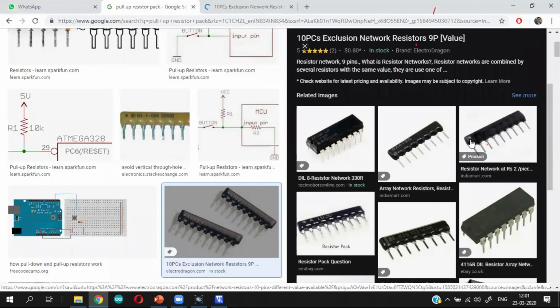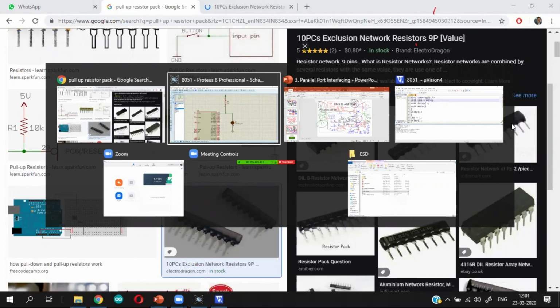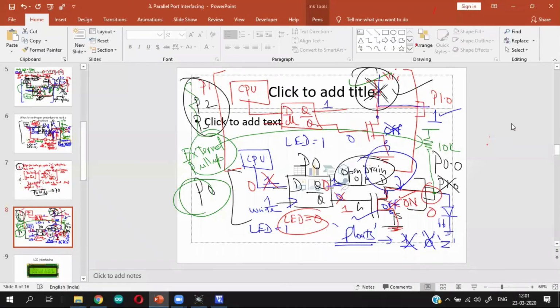And the one which is the dotted terminal is the power line. So you connect this one to power, and the rest of the 8 lines you directly connect to the port pins. You will end up getting 8 resistors connected to each one of them. So that is what we need to do if you are planning to use parallel port 0.